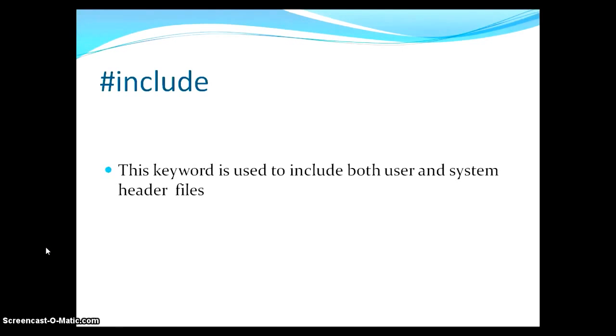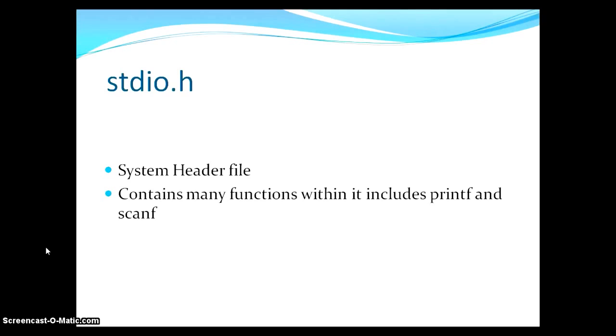First we will be starting with hash include. This keyword is used to include both user and system header files. It is called preprocessor directive. We will include a header file stdio.h, which stands for standard input output header file. This is a system header file. It contains many functions within it, including printf and scanf,